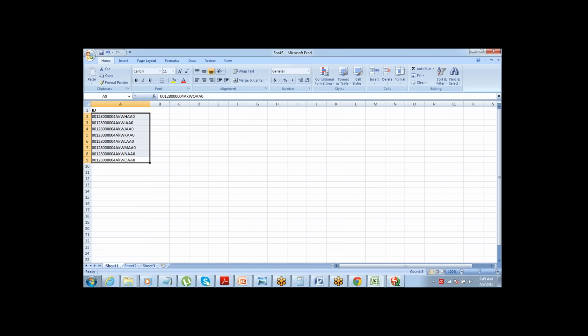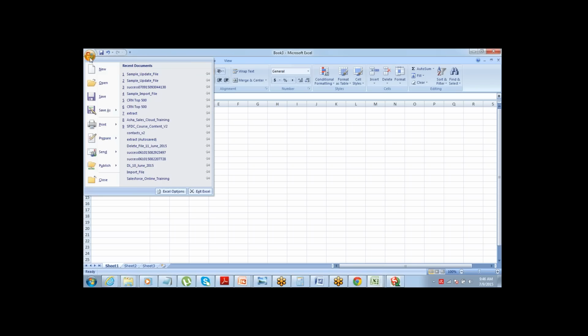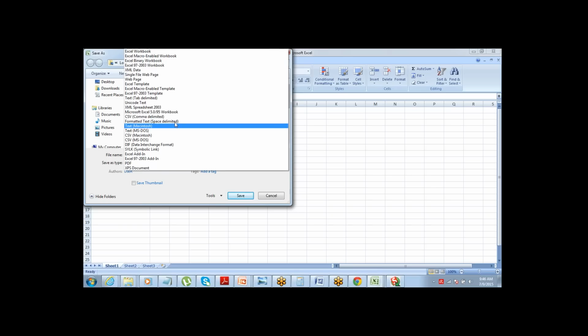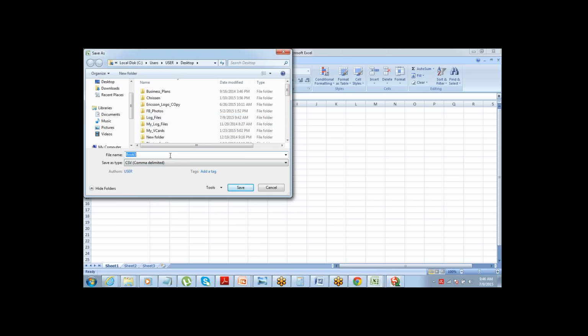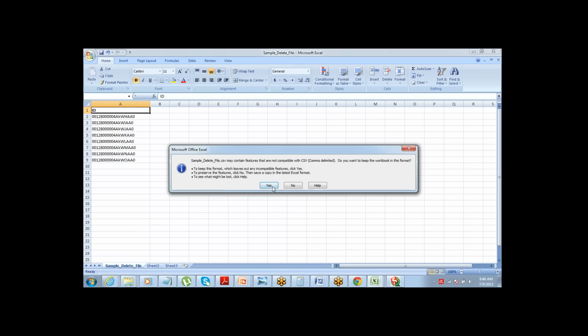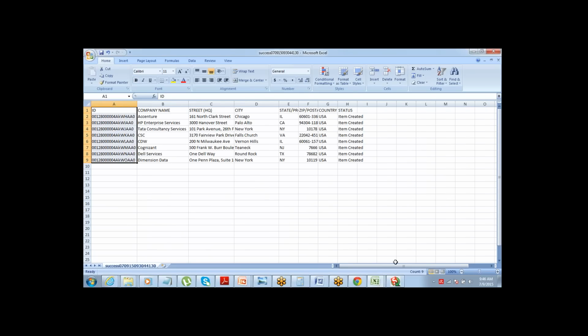Just keep the IDs in this file, because for deleting it just needs to see the ID and delete it, right? It's not like update, where I need to give some other value corresponding to it. That's it. Save the file as sample delete file. Done, so the delete file is ready.